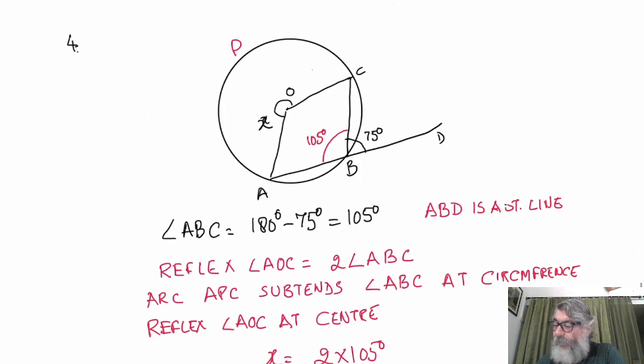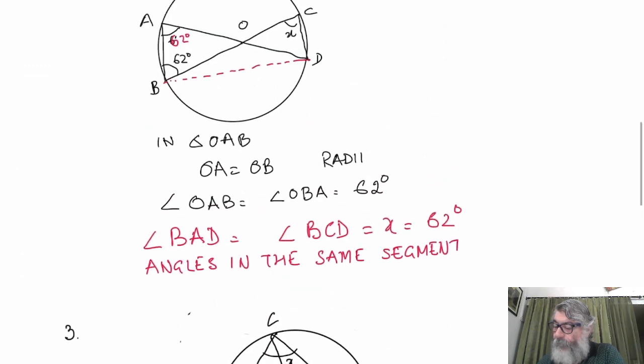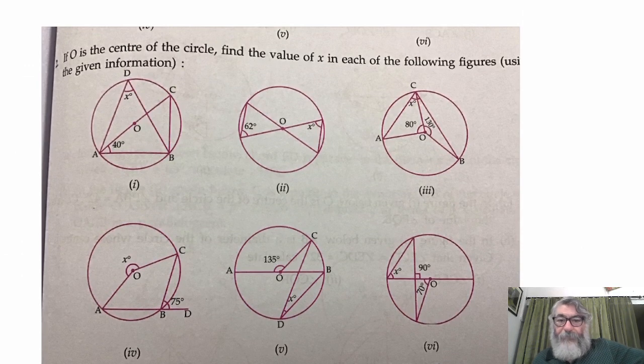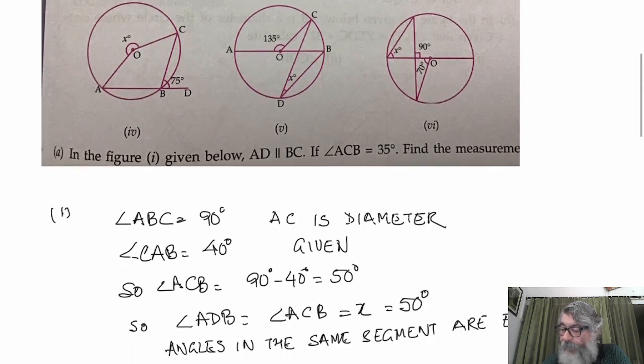Okay, now let's see the fifth part of the question. In the fifth part, again, AB is the diameter because it is passing through O. But again, AB is not the side of any triangle formed. So there is no question of application of angle in the semicircle. Angle AOC is 135. First of all, let us draw the figure, then we'll write the names.